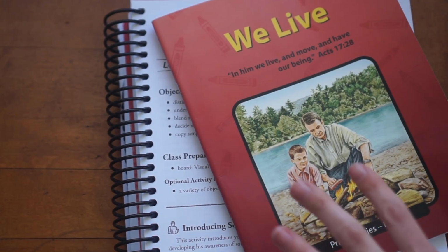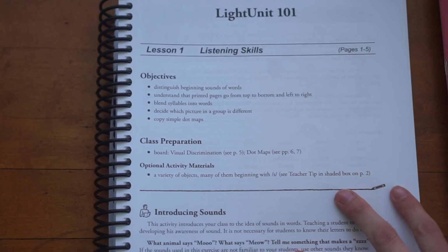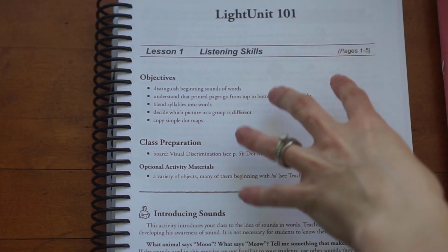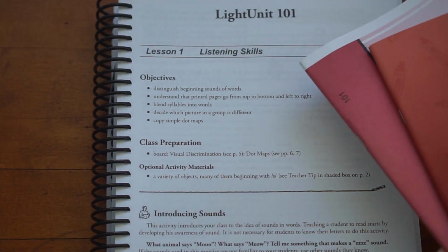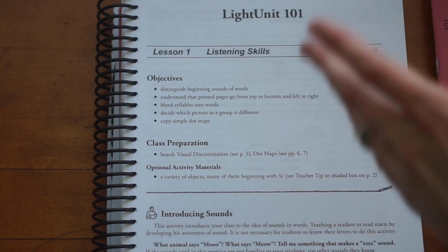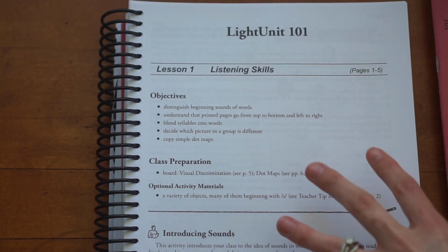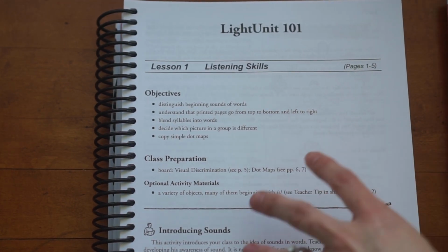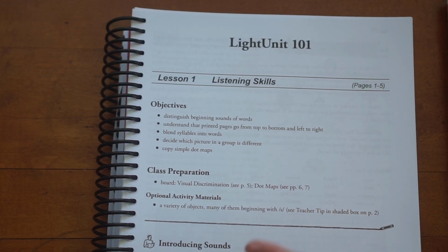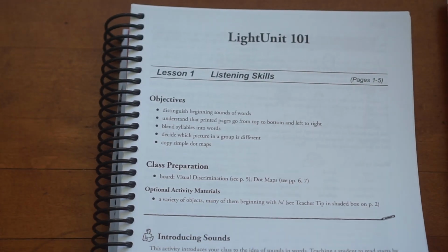If you do not mind making up your own stories in these books like I did, then it's really up to you as the teacher. Again, I did do all 10 Light Units without using a teacher guide, and it worked fine. So really up to you on what you're comfortable with. I would highly recommend getting this though if you are a first-time homeschooler, and honestly, even if you're brand new to the curriculum in general, I do recommend getting this